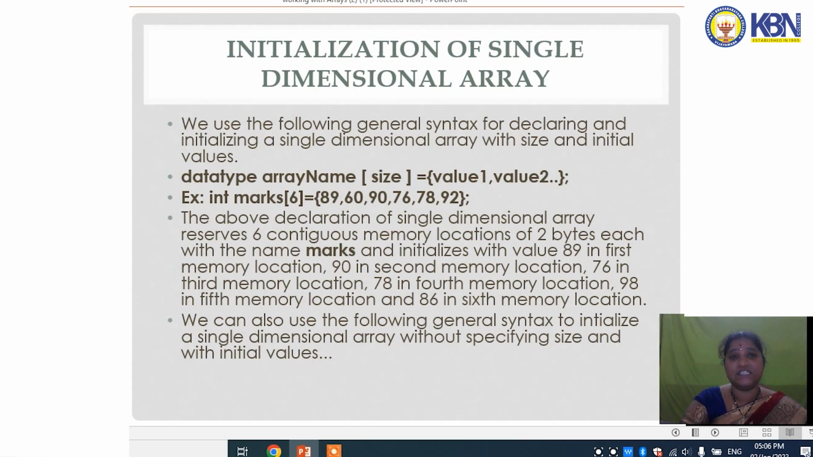And then what is the initialization of a single dimensional array? The general syntax of a single dimensional array with size and initialization: initial values are the values in the syntax. You already know the data type, space, array name and its size, and we mention the values, value 1 and value 2. So for the given syntax we can